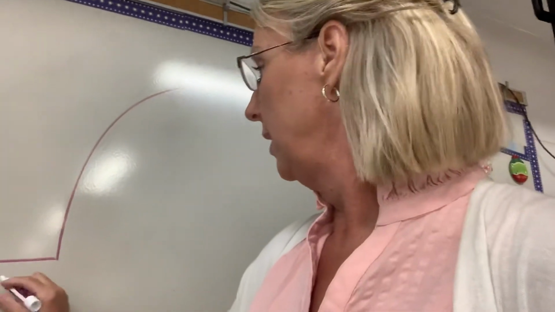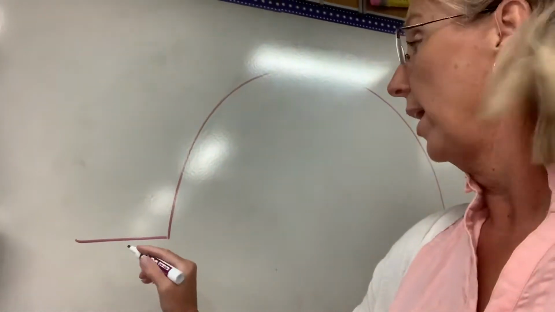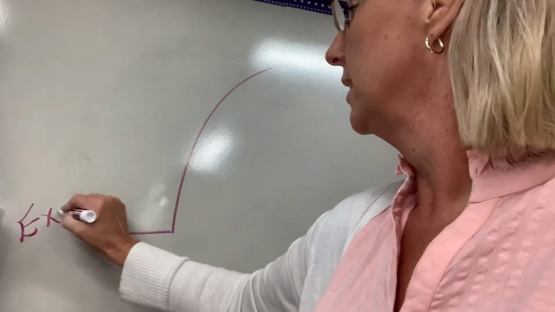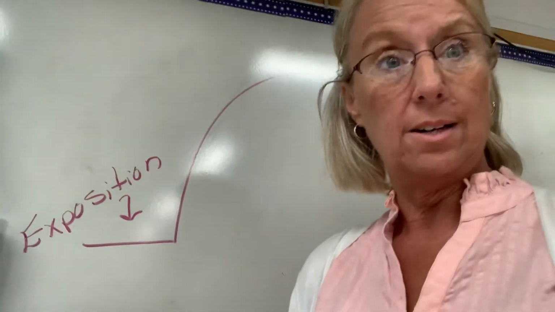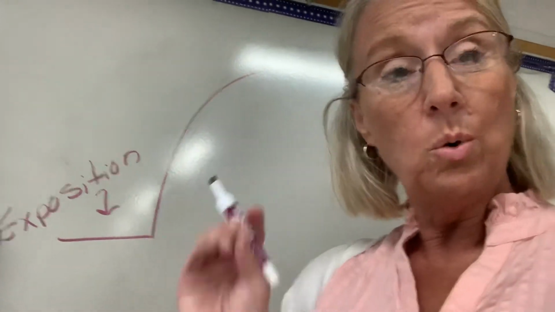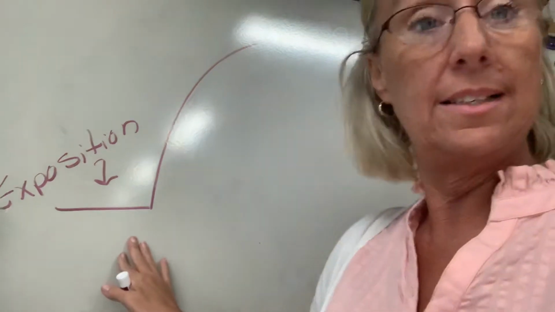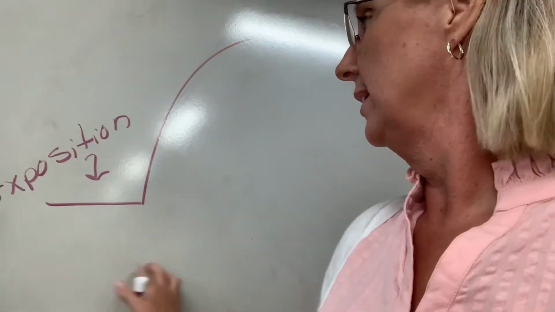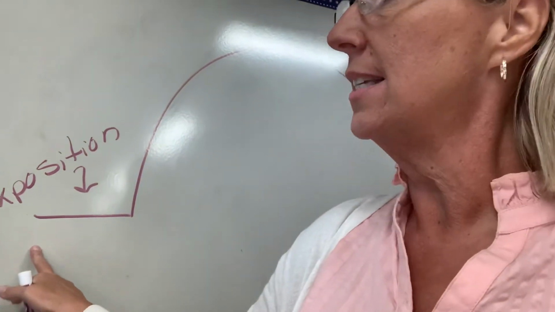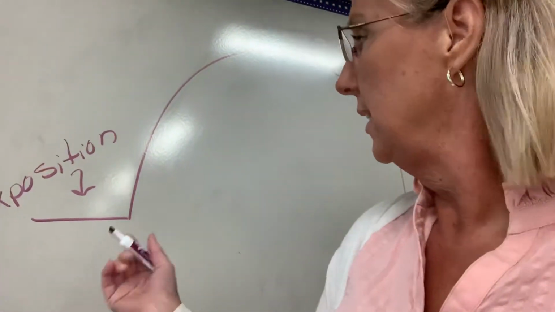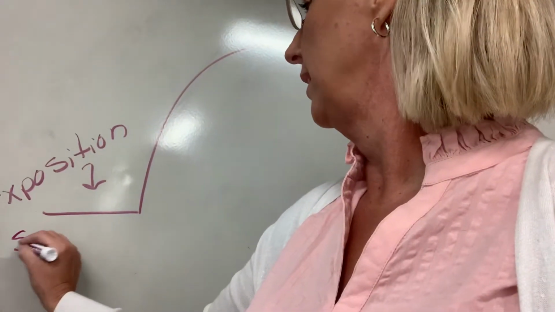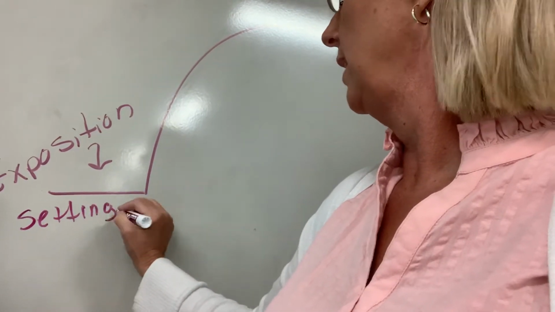Now, the story arc, or the piece of the story arc that this is talking about, is this little arm or leg right here. And this little leg is called your exposition. That's what that's called. Now, there's quite a few things that can go on this line, okay? This is kind of what I like to think your story builder is. This is kind of where some of that plot would fall into play. So one of the things that we would put on this line is your setting. The setting would go there, okay?